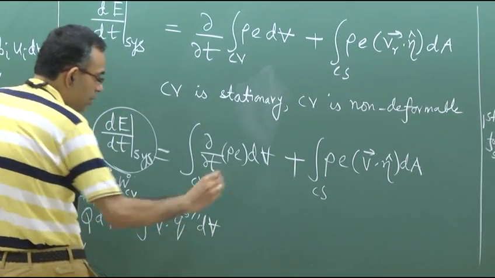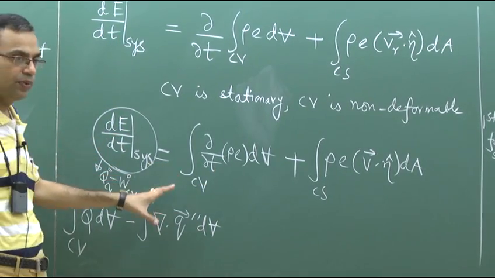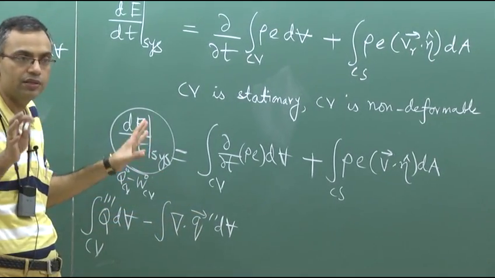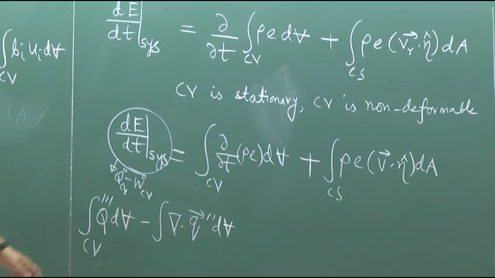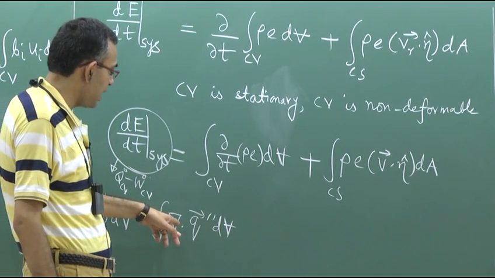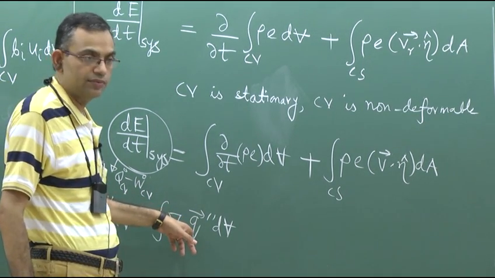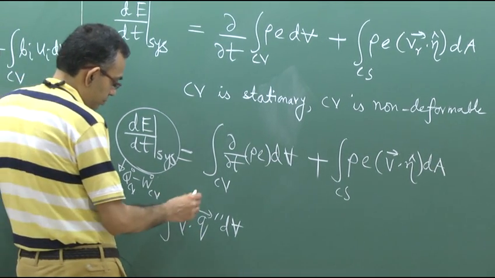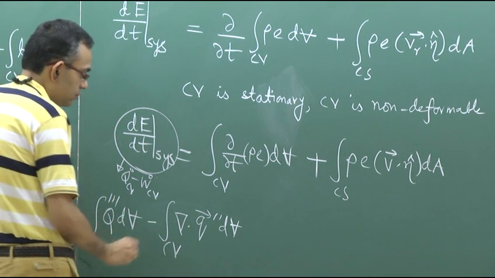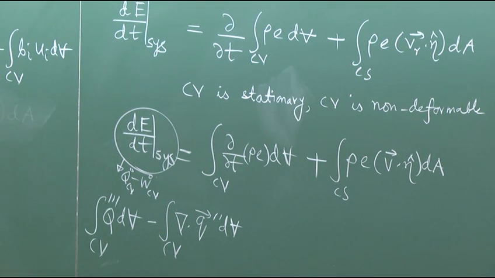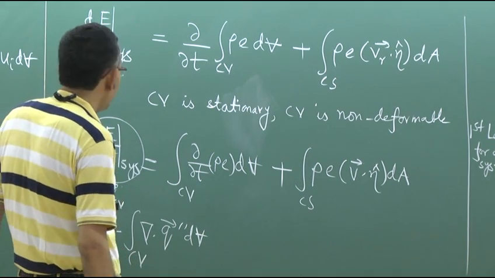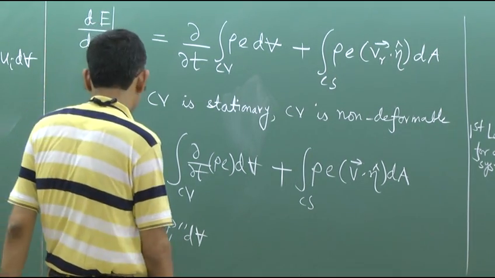I am deliberately trying to mix up notations and symbols so that you get familiar with different types of symbols. Of course, this could be written as del del xj of qj, right, same thing. This is heat transfer, minus W dot Cv is